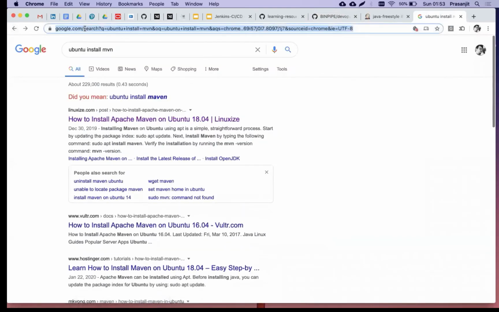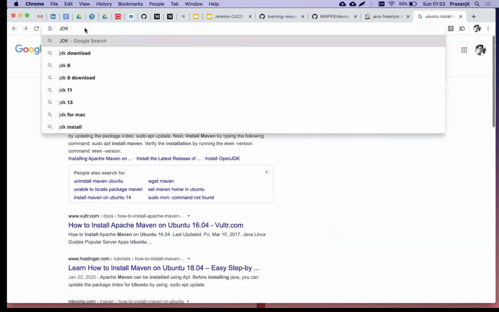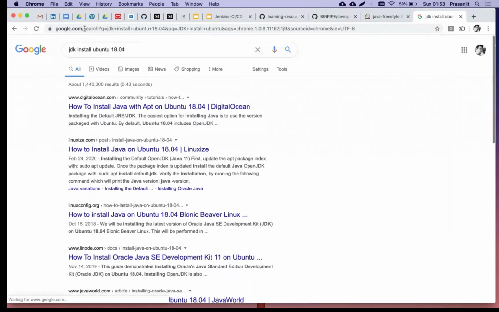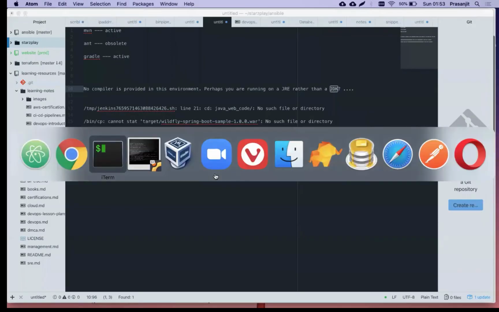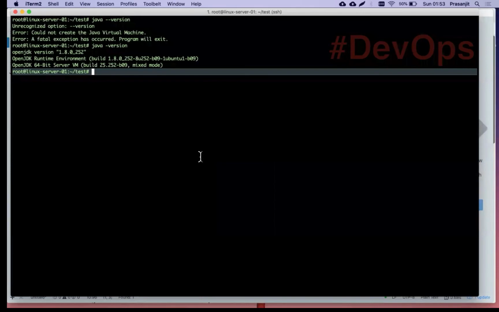our repositories, finding where to get the JDK for Ubuntu. JDK install. One more thing you should remember: whichever operating system you are using, always remember its version. Because the commands, packages and repositories are different, you will have to find the correct repository for your particular operating system. For that, you will have to remember the version which you installed, or you can even run some commands to see